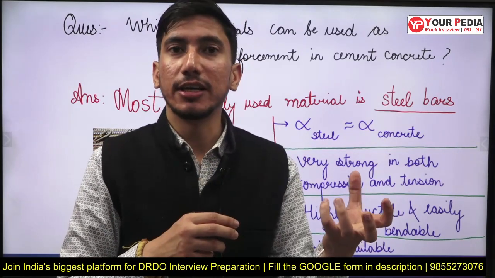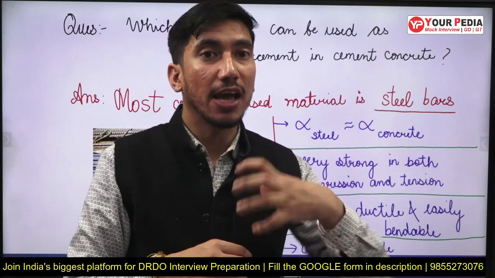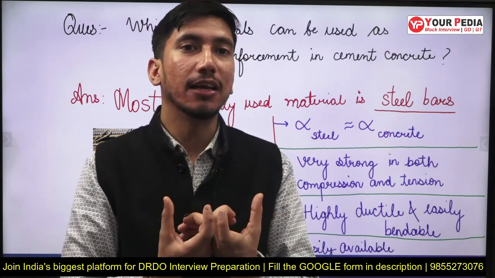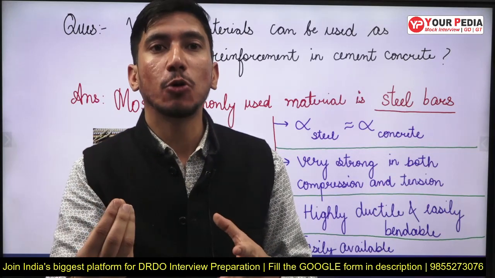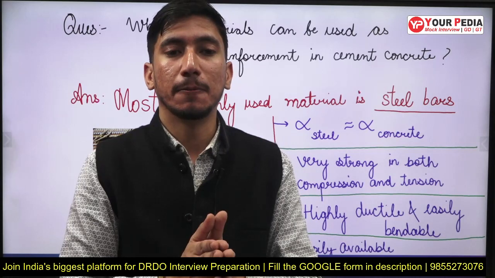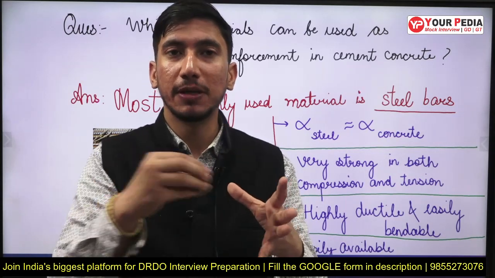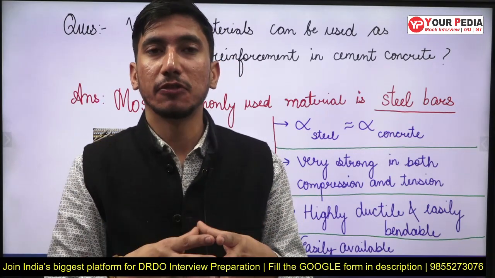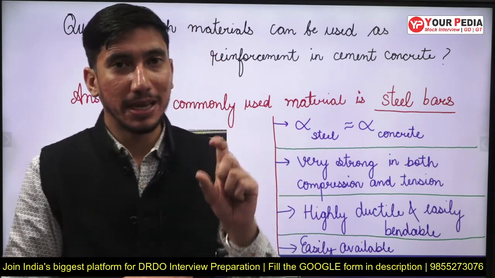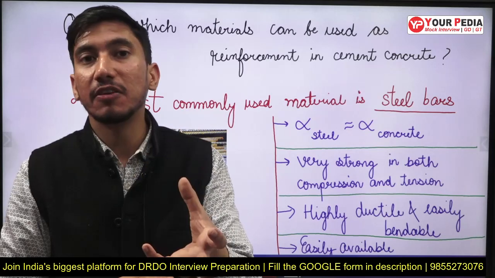On the other hand, concrete is a brittle material, it will not give any warning. So by adding steel to the concrete, now we have made a material which is balanced, which will give some warning before failure, so that the people can leave the building in case of failure. So there is a sufficient warning. So by adding a ductile material, it's a win-win situation.